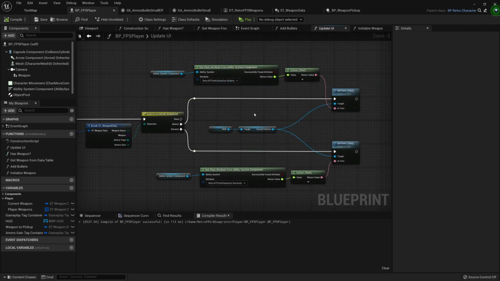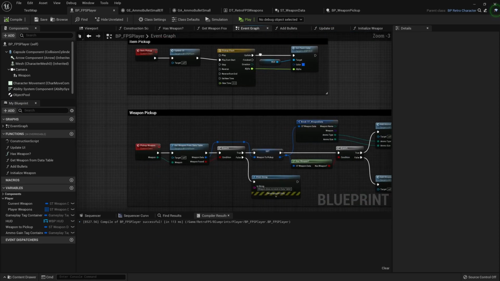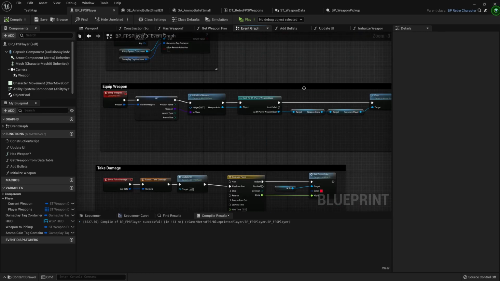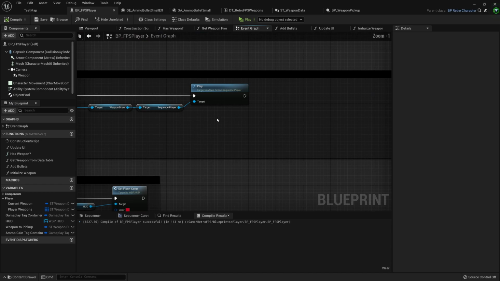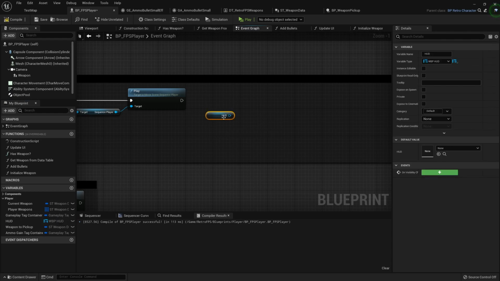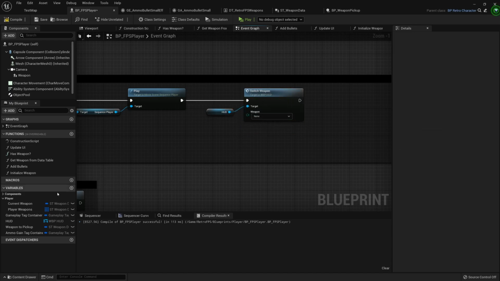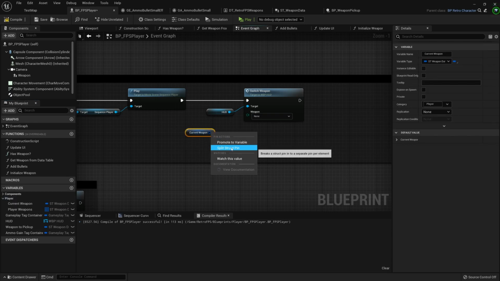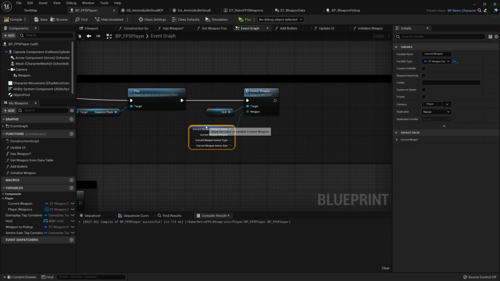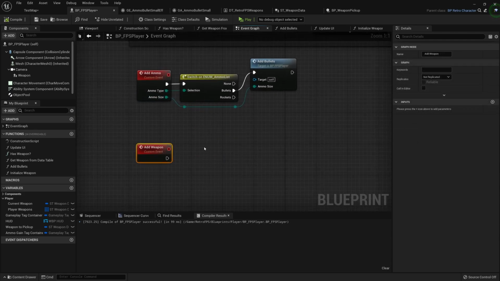So with this done, now we just need to determine how the UI will show the correct information based on the gun that is currently active. So we'll just create kind of a temporary solution for this because we're not switching between weapons yet. Head over to the equip weapon section. At the end, right after play, we'll just get the HUD, and then we'll run that switch weapon function. And the weapon that we're going to be switching is the current weapon, split the struct, and just bring in that weapon name.